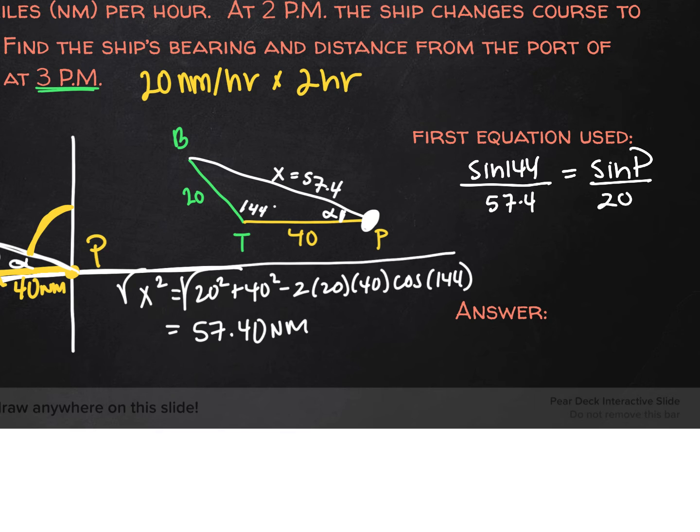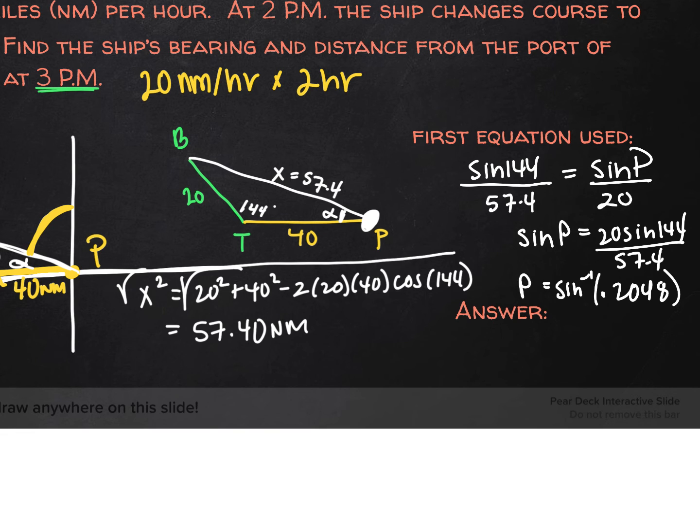We cross multiply and get sine of P is equal to 20 sine 144 over 57.4. When I type that in my calculator, I get 0.2048. And to find P, I take sine inverse of that, which gives me